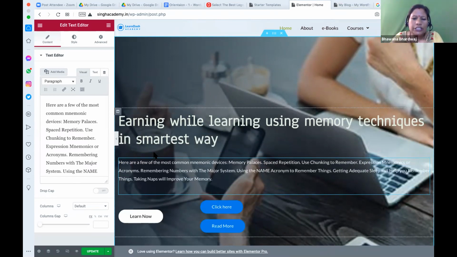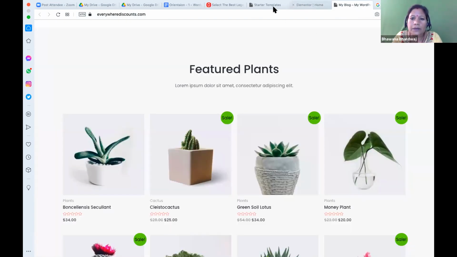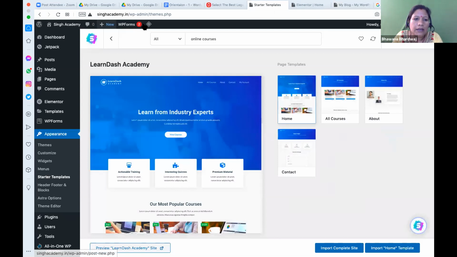So to reach a particular page or edit a particular area of your website, there are so many ways. Either you can go to the page and click on add pages or new pages or all pages, and then you can go to the edit option, or your page is opened and here the edit page option is there. There you can do the editing. For example, can you see in this black bar? You will find this black option, and here you will find the option of edit page. So you can edit that page from there as well, or you will find some customize or edit page option here.